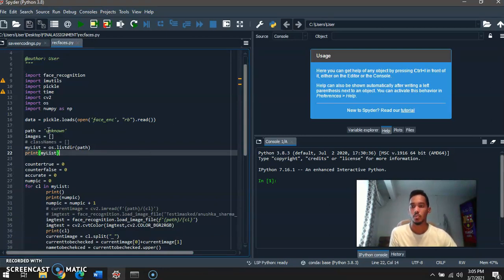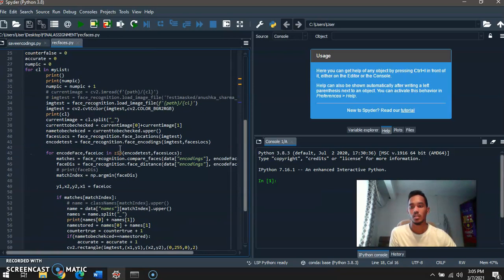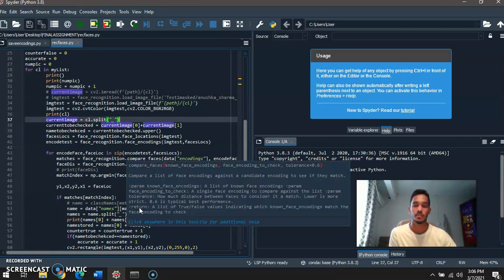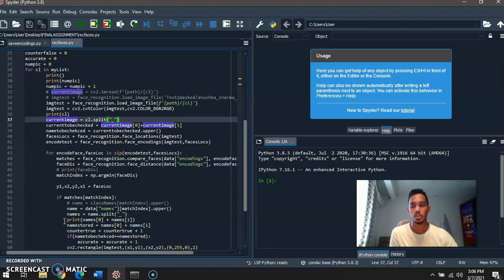During encoding, the person is unknown, that is, we look for images in the unknown folder. And here you can see it loads the image and converts it to RGB. This is for the program to be able to know if it matches or not, to output the result. It displays the correct image name with underscore, that is, it will get the first name and the last name, and then it will compare it with the folder name in the training program.